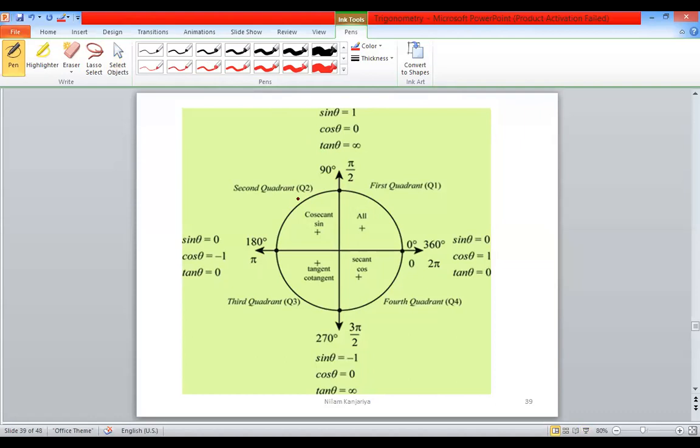If I'm moving in the second quadrant and I'm going from 90 to 180, you can add something to 90 or you can subtract something from 90. Yes, something means I don't know what, but suppose we add something, theta. If I'm moving on this part, so I can write 90 plus theta, and this theta I don't know.